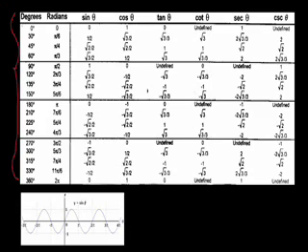This table includes degree, and if you can see, there are 4 columns. In the first column, these are the angles of the first quadrant: 0 degree, 30 degree, 45 degree, 60 degree. And in the second column, you can see the angles in second quadrant: 90 degree, 120 degree, 135 degree, 150 degree. And in the third column, the angles are of third quadrant: 180 degree, 210 degree, 225 degree, 240 degree. And in the last column, these are the angles of fourth quadrant: 270 degree, 300 degree, 315 degree, 330 degree,